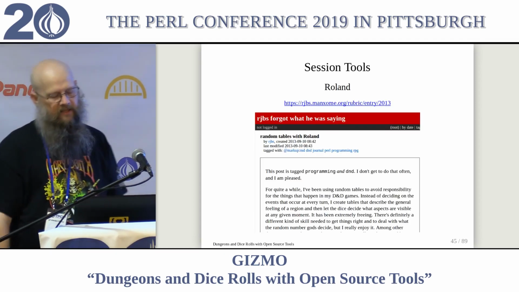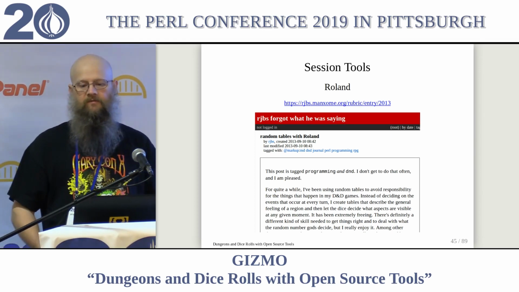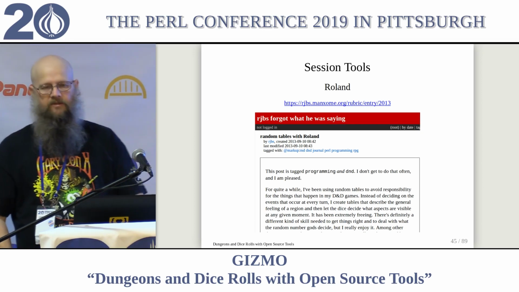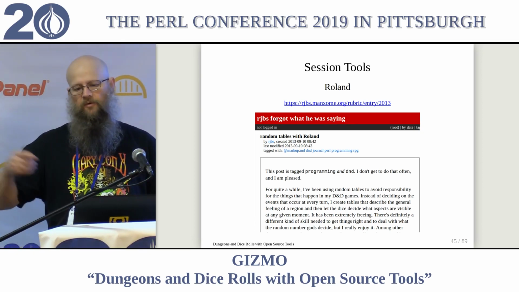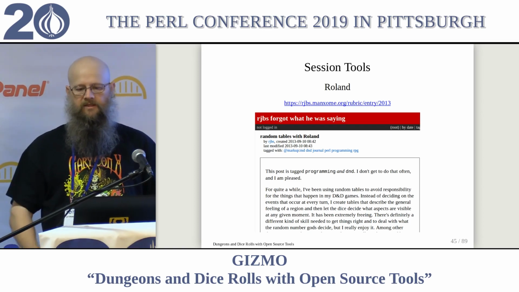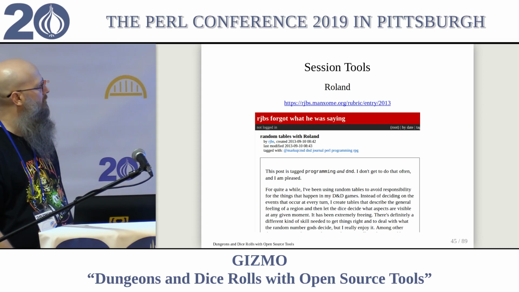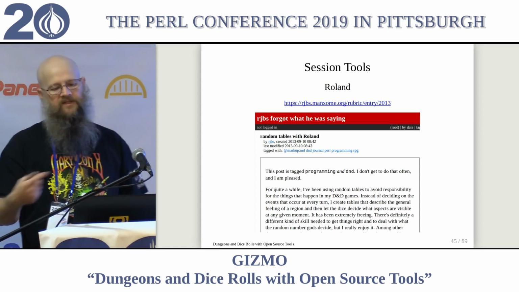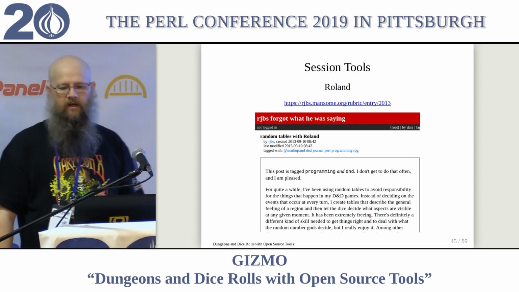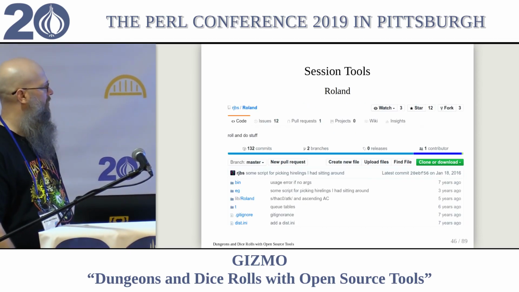Another thing, DMs, especially in first edition, there are lots and lots of tables you reference and roll on, to maybe randomly create something the party encounters, or it's like, oh, they ran into some monster, let's see what kind of monster. So Rick created this tool called Roland to automate the rolling and resolution of those tables. And so far it just exists as a GitHub project.